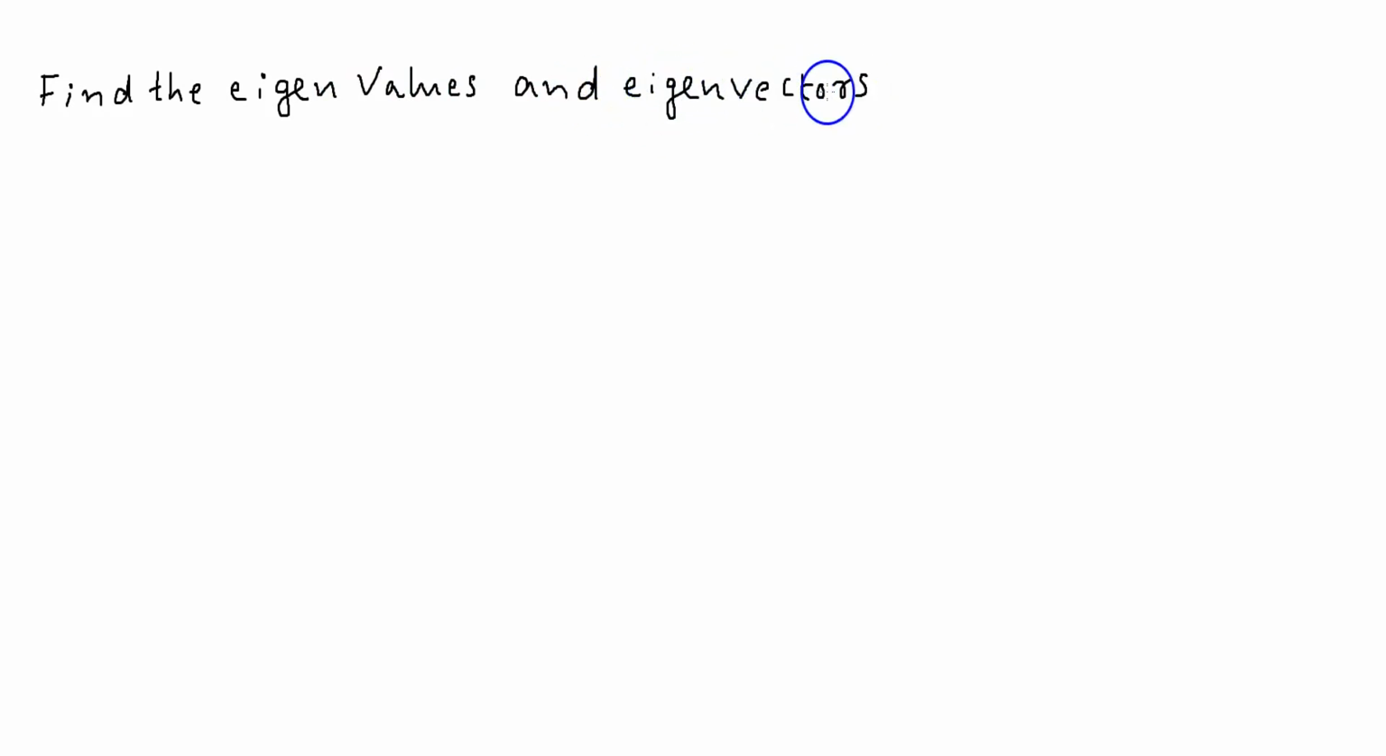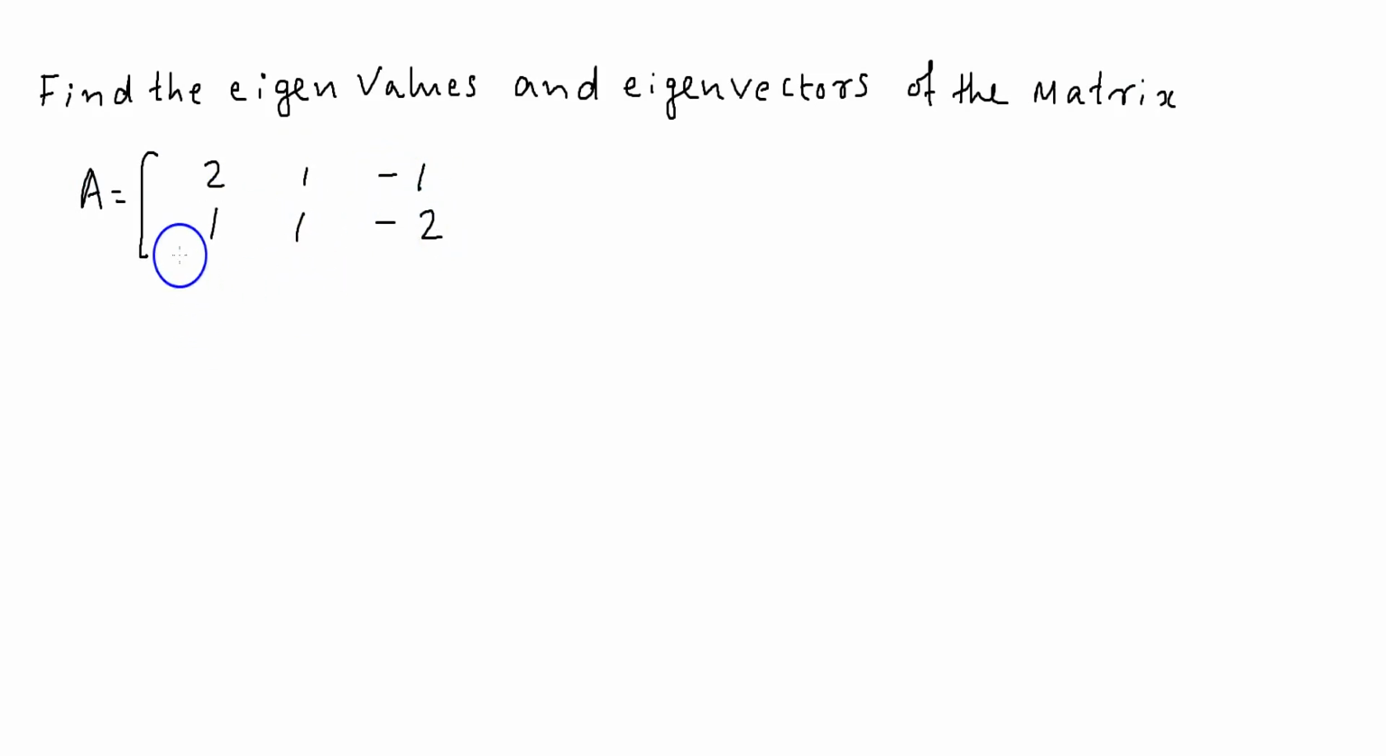Find the eigenvalues and eigenvectors of the matrix A equal to [2, 1, minus 1; 1, 1, minus 2; minus 1, minus 2, 1]. For finding eigenvalues and eigenvectors,